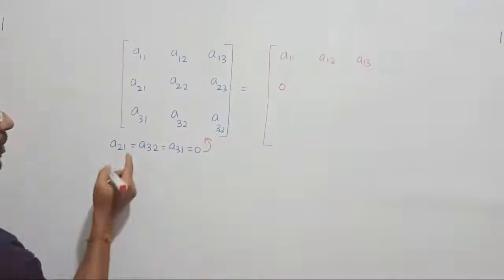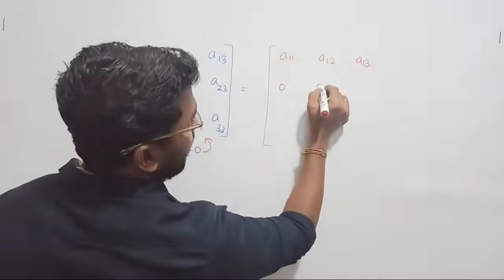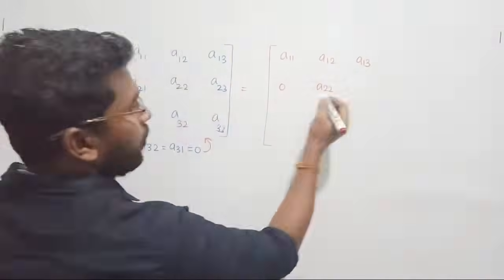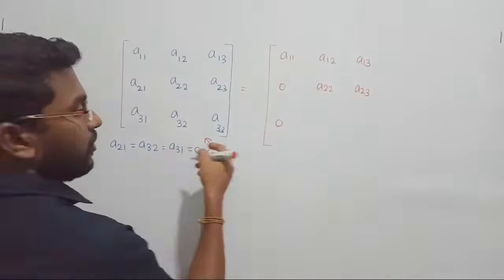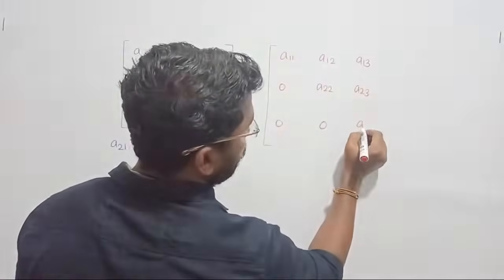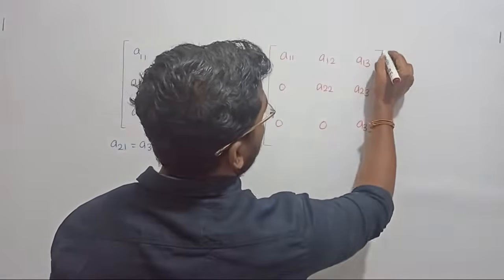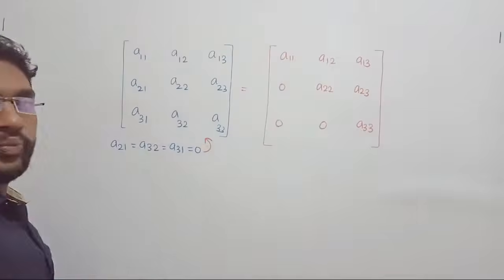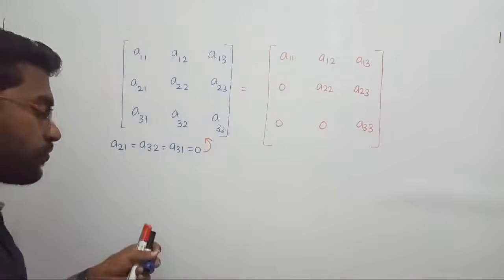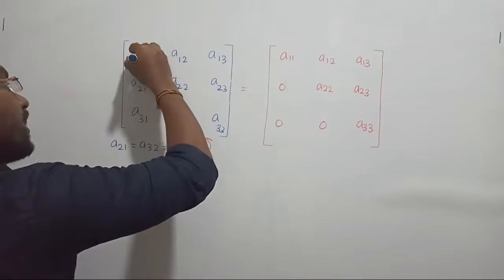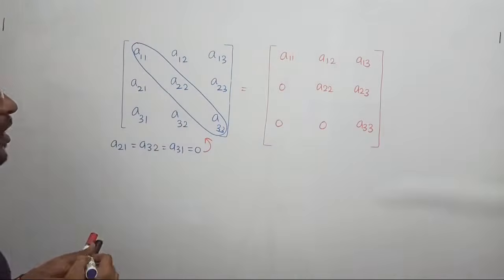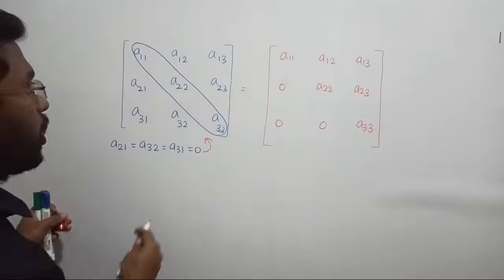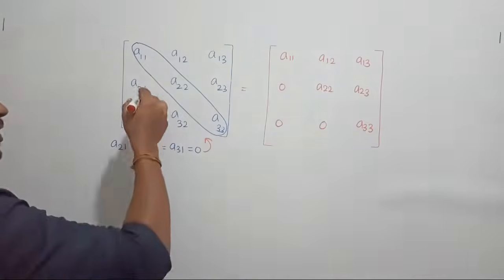This is going to be 0 because A21 is 0, and then A22 will exist, of course, A23 will exist, and this is going to be 0, and this is also going to be 0, A33 will exist. Now, if you notice this matrix carefully, guys, listen, this is called the diagonal. Now, apart from this diagonal, if you observe carefully from top to bottom, see there,